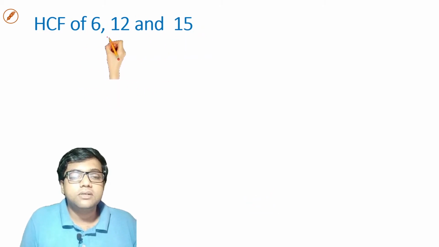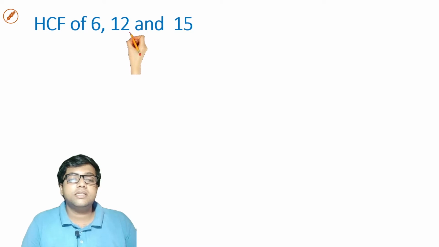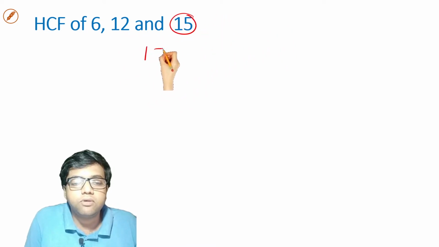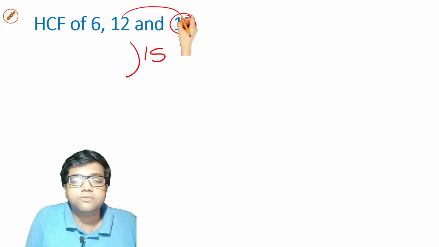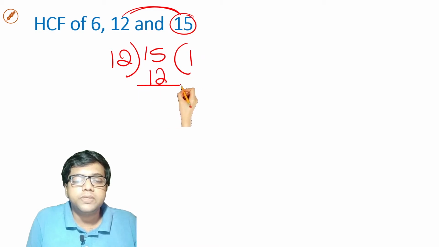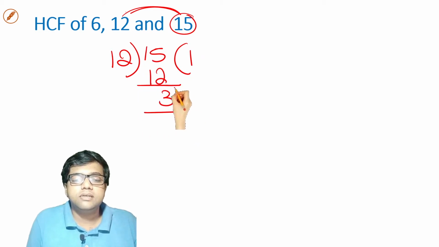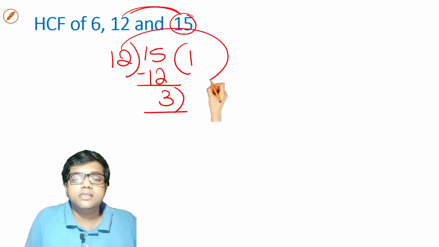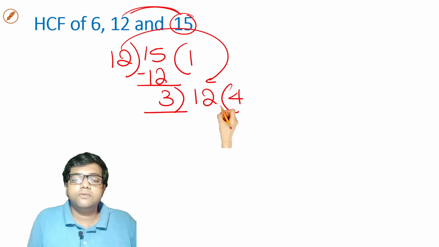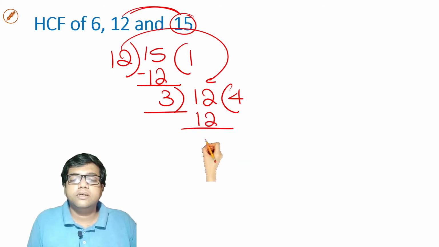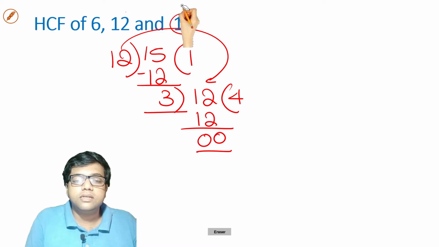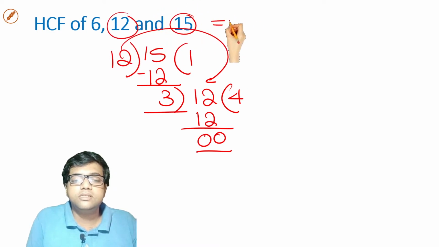Okay. So we need to find the HCF of 3 numbers. Take the highest number. The same steps will be followed here also. Find the HCF of first two numbers. Divide by the second highest number. 12 ones are 12. You are left with 3. Remainder is 3. Make this remainder into the divisor, and take the divisor and make it the dividend. 3 4s are 12. Now you get remainder 0. So the HCF for 12 and 15 is equal to 3.